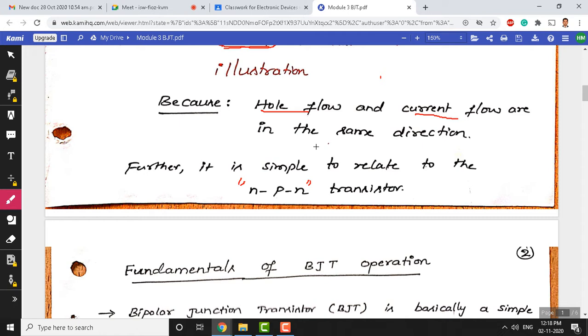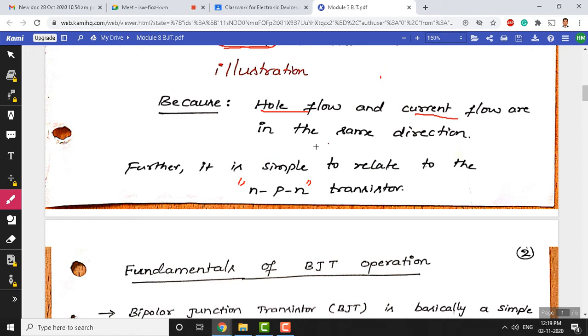FETs can be easily fabricated, the cost involved in FET fabrication is very low, and the yield you get from FET fabrication is very high. So that's the reason for choosing FET over BJT. Nowadays, if you ask me, the dominant technology is CMOS technology. In every electronic system we use FET. 99.99% of electronic systems are made from CMOS technology. CMOS again involves FETs, NMOS and PMOS transistors.